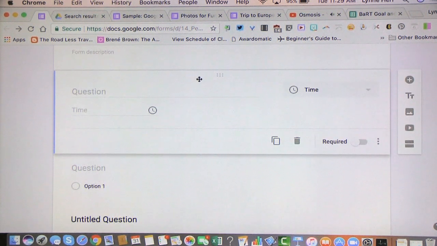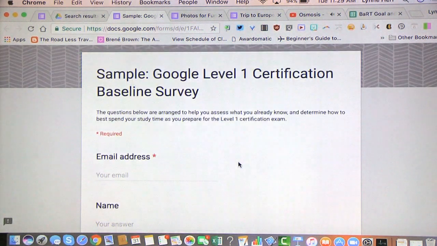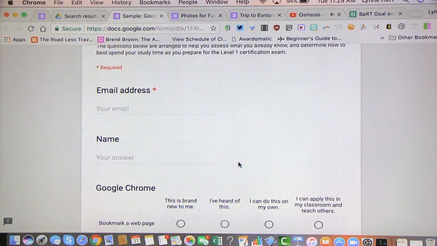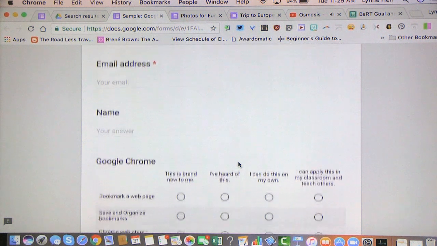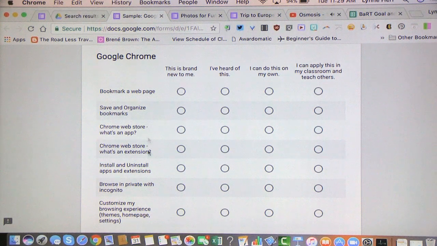We also just wanted to show you a couple of other types of questions. So I'm going to pop over here to a baseline survey that we created for the Google certification pilot that we're running here at UNL. And one of the question types is called a multiple choice grid. And while this is only one question in a Google form, it allows you to get multiple data points from